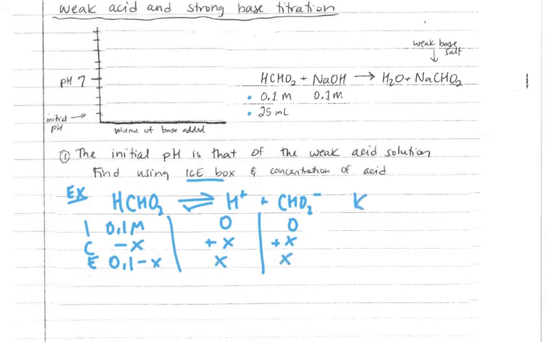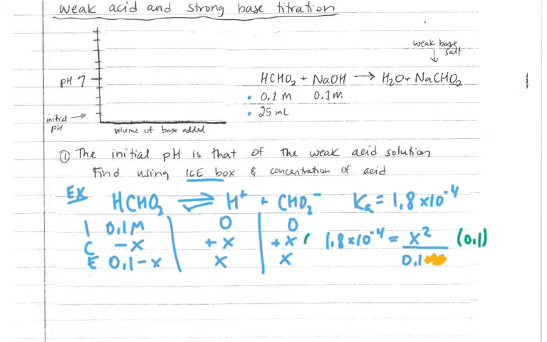We can look up the Ka for this acid on the table, and we find that it is 1.8 times 10 to the negative 4. This is still pretty small, so we can use the X approximation technique when we solve this problem. 1.8 times 10 to the negative 4 equals products, so X times X, or X squared, divided by 0.1 minus X. If we use the X approximation technique, that will greatly simplify solving this problem. Multiply both sides by 0.1, take the square root of both sides, and we get x equals